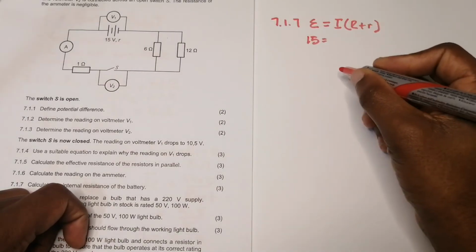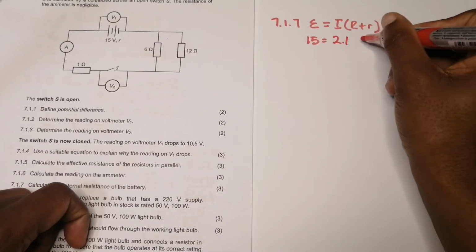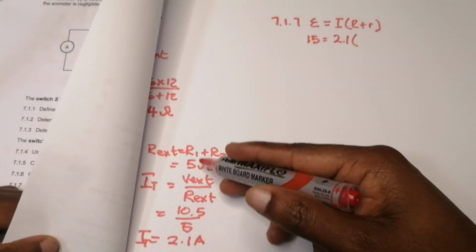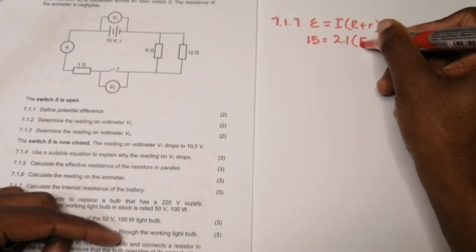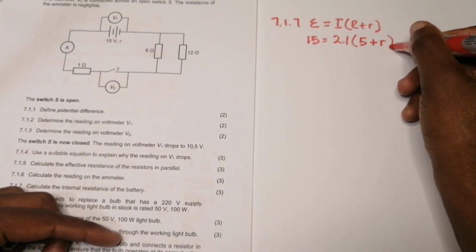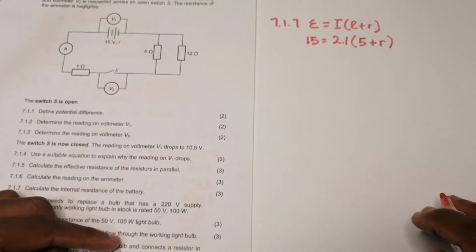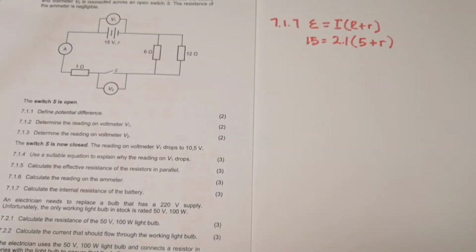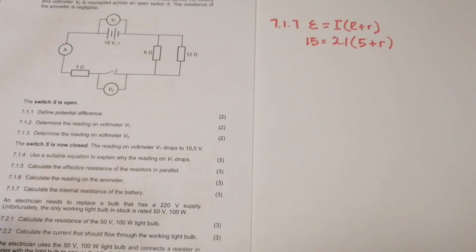So let's substitute. We said our total current was 2.1. Our effective resistance, if you remember, was the one that we got there, which was 5. But we don't know what the internal resistance is, right? So we're going to do some mathematical gymnastics. We're saying 15 divided by 2.1. So I'm going to divide both sides by 2.1, and after that, of course, I'm going to subtract that 5. And we get a value of